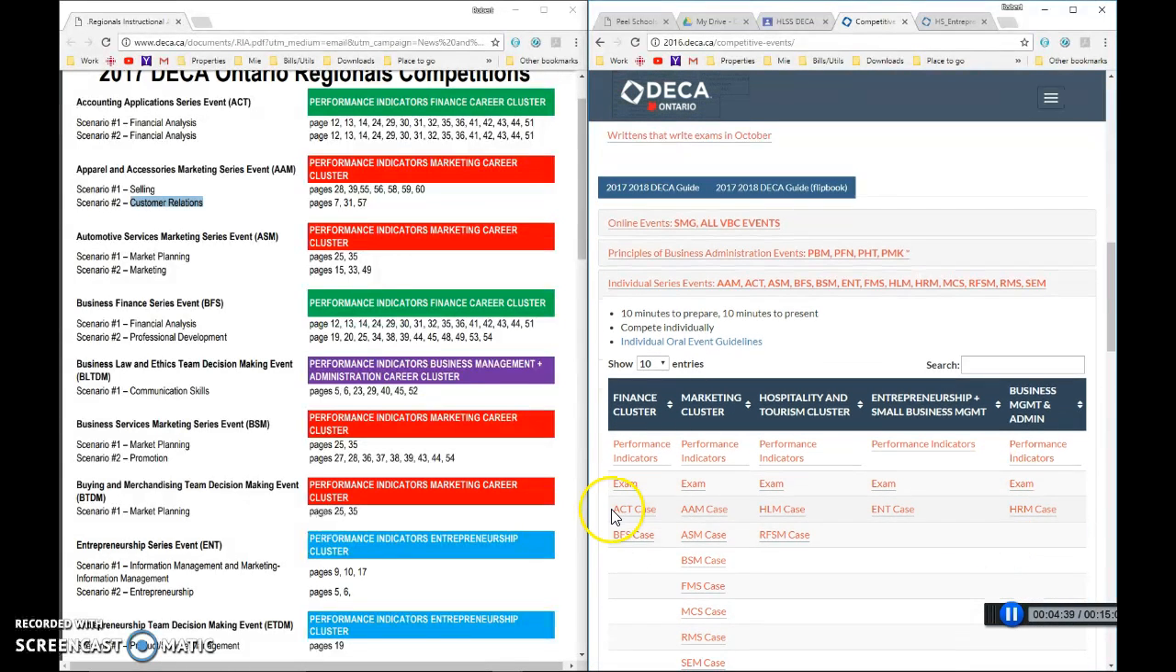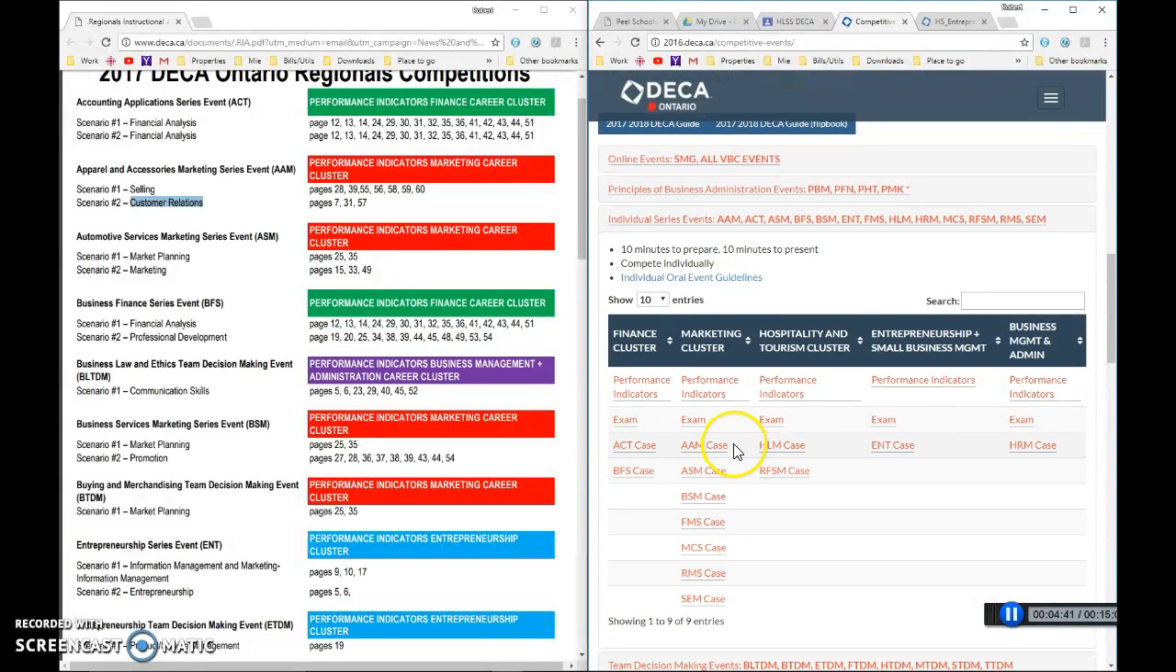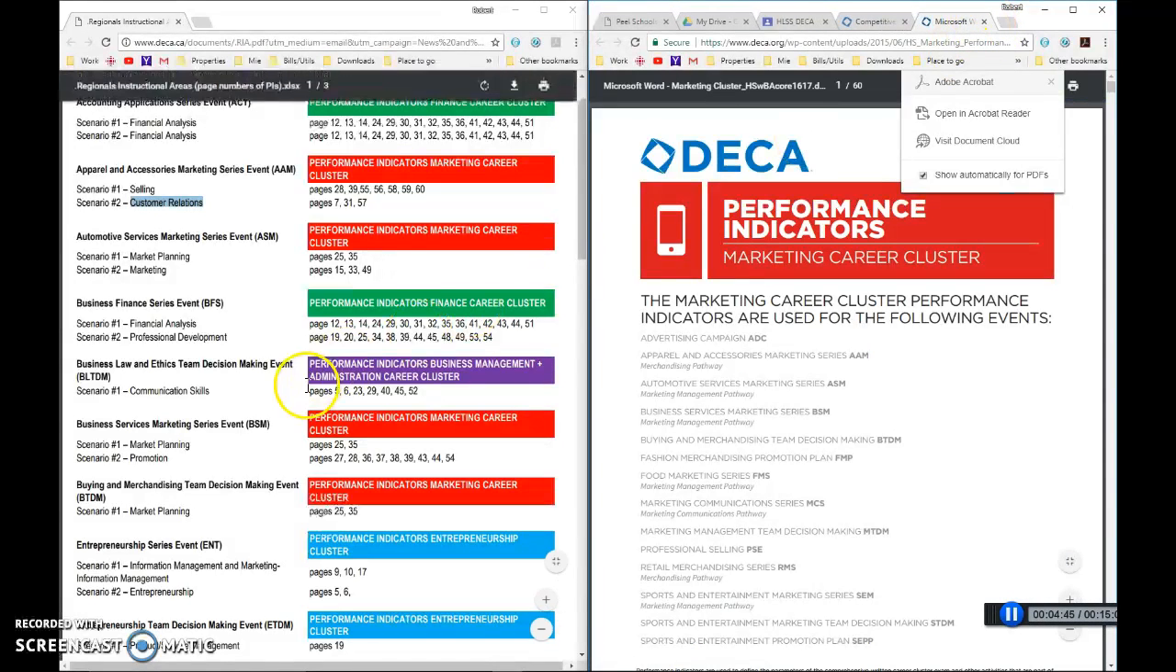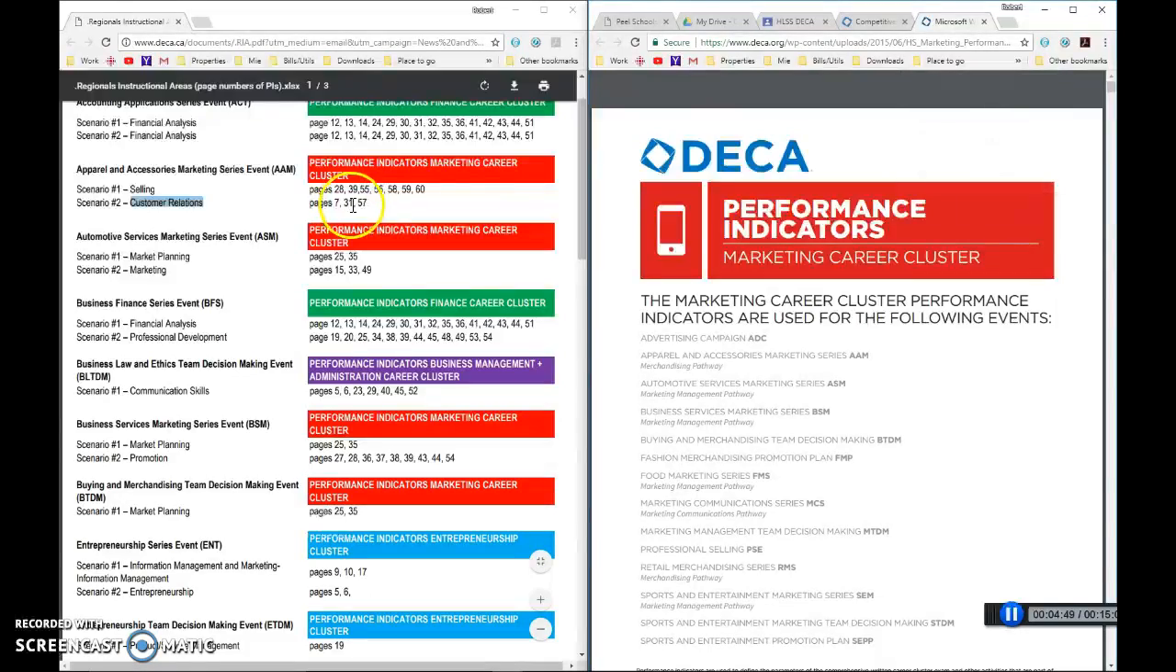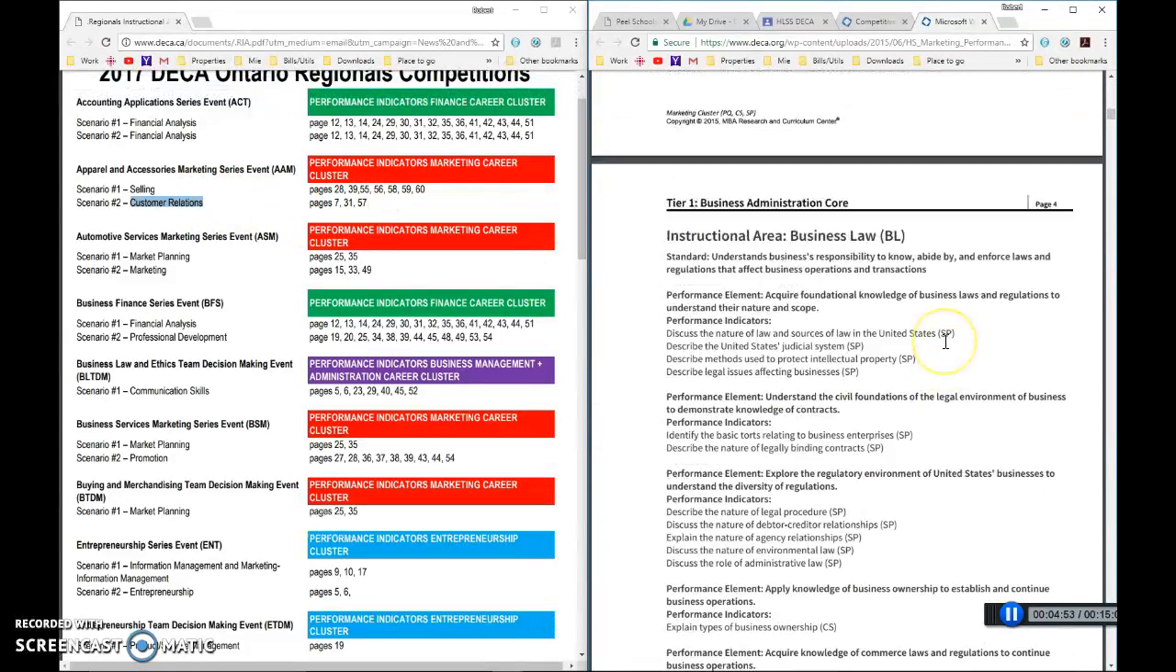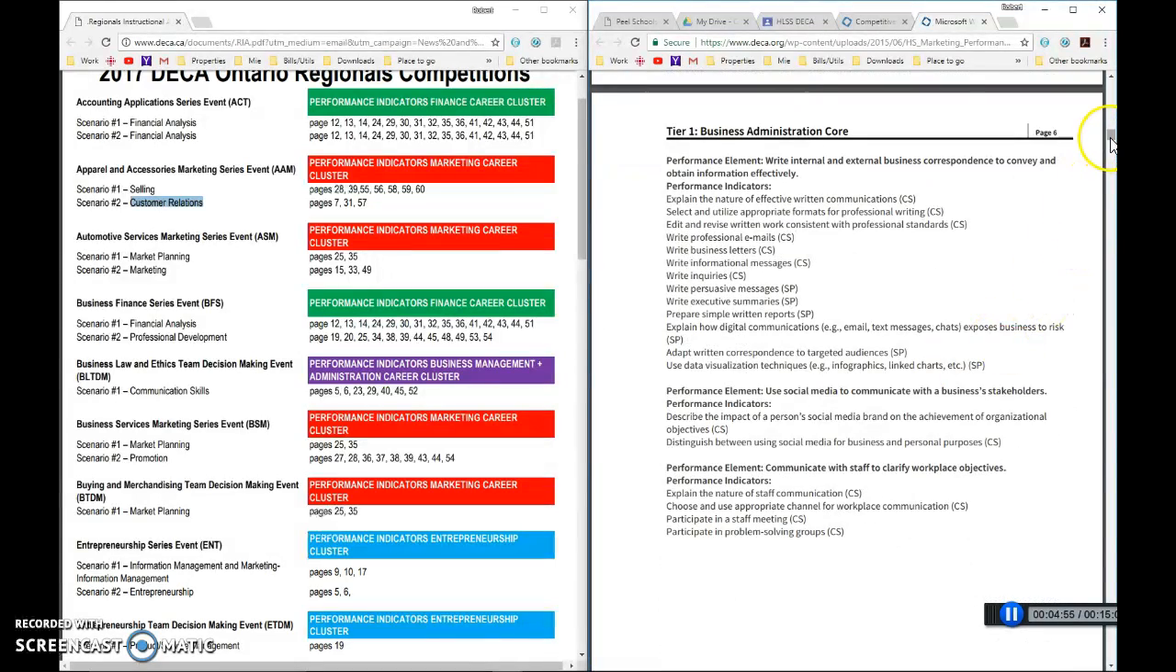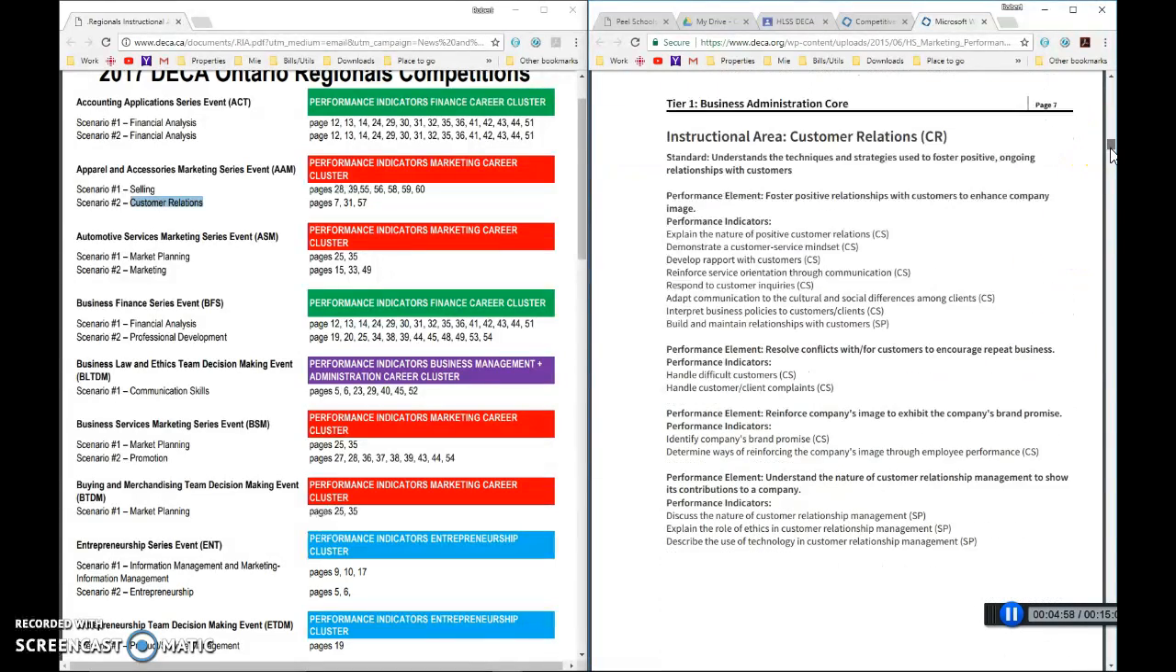I'm going to go to AAM underneath, where is it? AAM case is here, performance indicators, open up that page. And so it would say that I would have to look at pages 7, 31, and 57 under customer relations. So let's go find. First one was page 7,